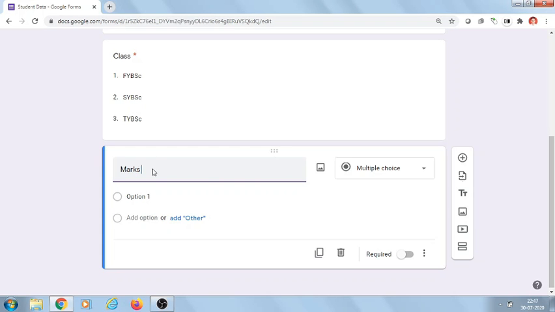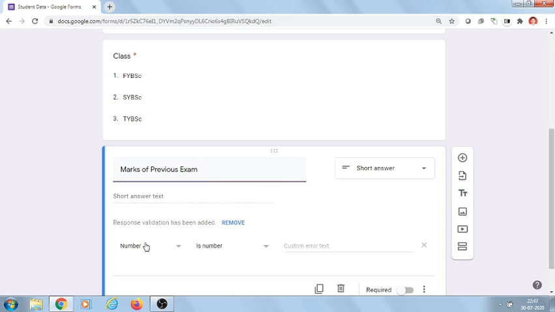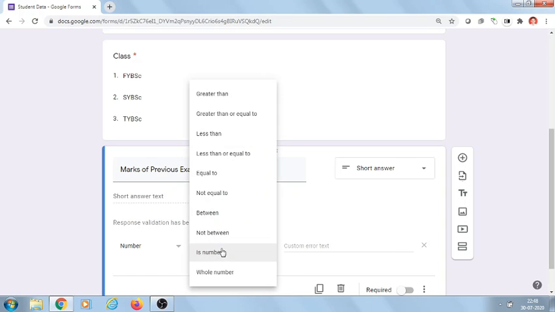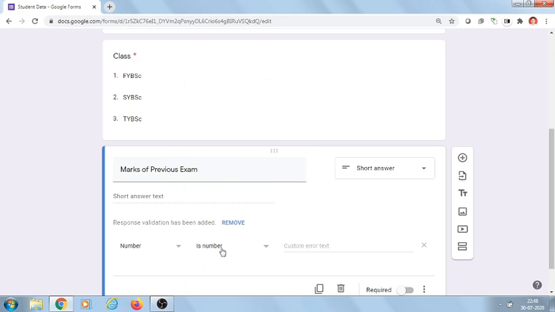Marks of the previous exam. Now this will be numeric. So we'll specify numeric, and every student must give the answer in a numerical format. So I will specify this condition as is number, and here I can specify the error message if this condition is not satisfied, that is validation of a response.